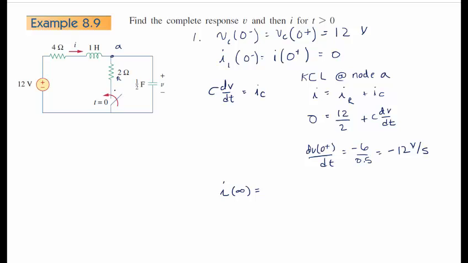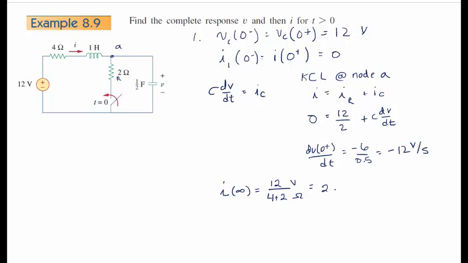If it's been closed for an infinite amount of time, this capacitor is now fully charged up to whatever it's going to charge up to be, so no current will be flowing in this leg. And we have only this loop to consider, and this inductor at time infinity is a short, so the current now, I at infinity, is 12 volts divided by 4 plus 2 ohms,